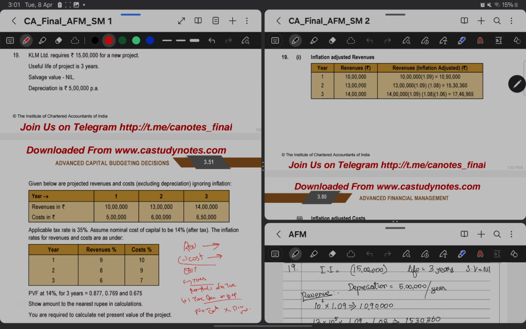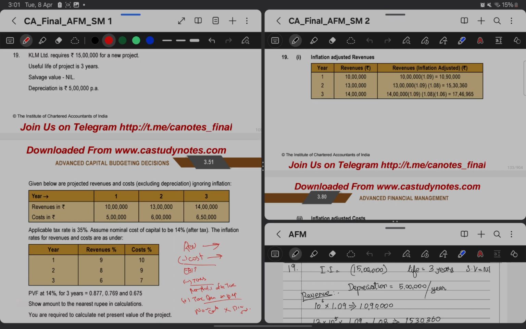So this 13 lakhs has to be first adjusted with first year inflation, which is 9%, then again second year inflation 8%, then coming up with the third year revenue. Same case goes here. Third year revenue is the projection as on today when I am checking the feasibility of the project, and